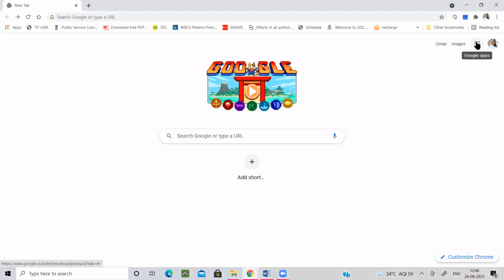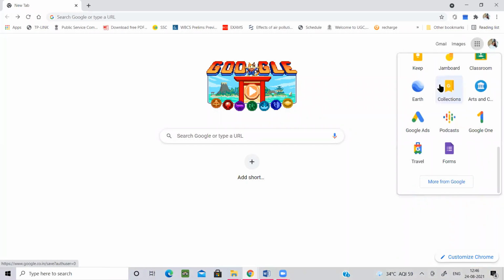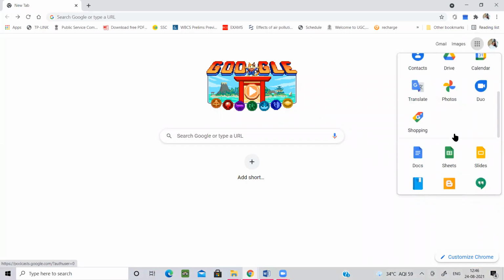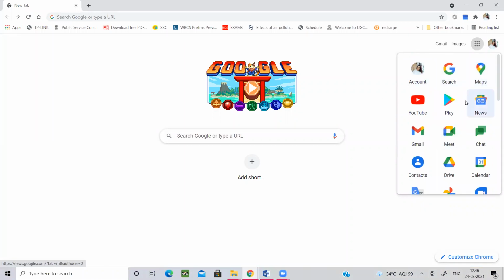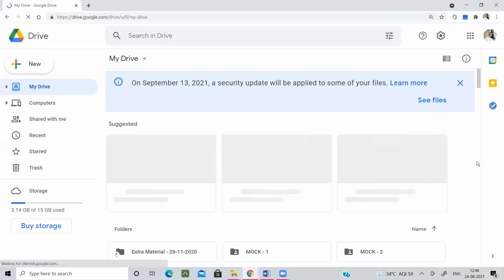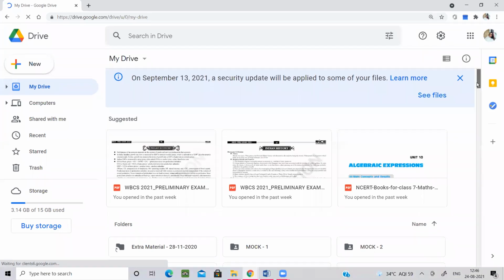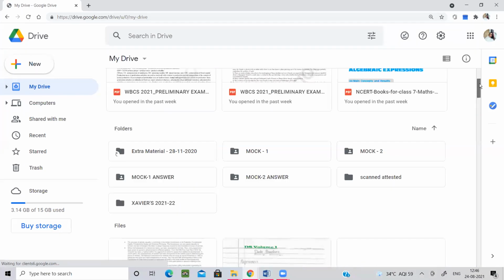Now what I'm going to show you here is that all the apps are there, like YouTube, Play Store, News, Gmail, Drive. The important feature is Drive. In Drive, I keep all the folders safe for my use.